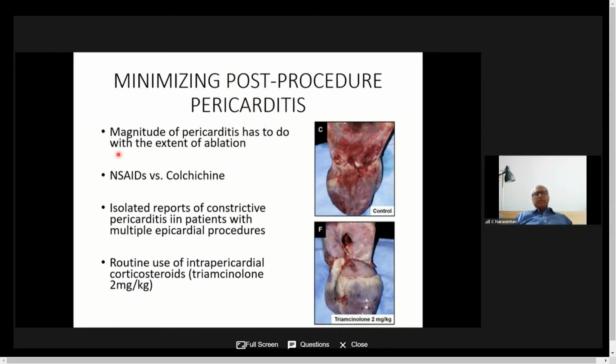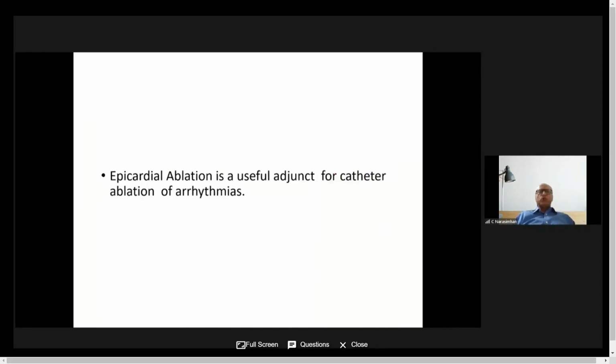Whenever you are anticipating epicardial ablation, it's better to start these patients prophylactically on colchicine 48 hours before the procedure. If not, at least give it post-procedure. And before we come out, we put in a pigtail in the pericardial space and inject a long-acting steroid like triamcinolone before we pull out the pigtail, so that this pericardial reaction is well attenuated and patients don't suffer from